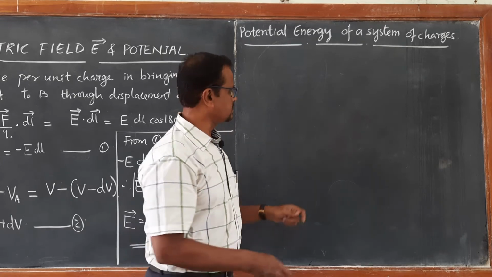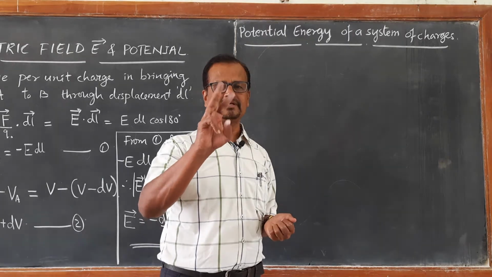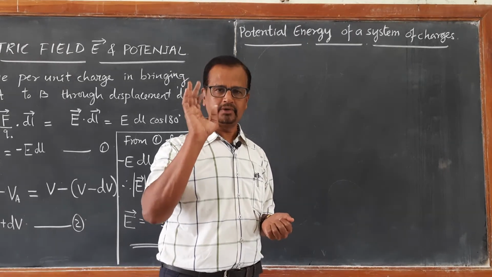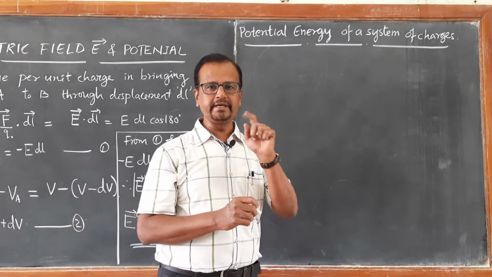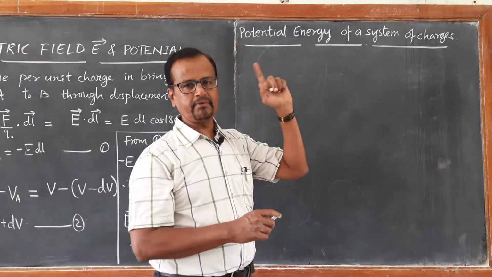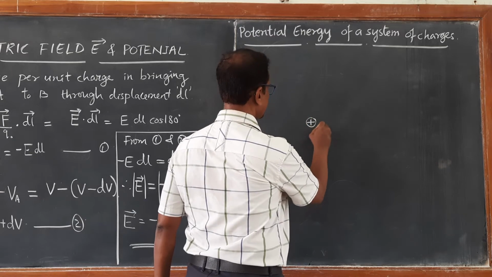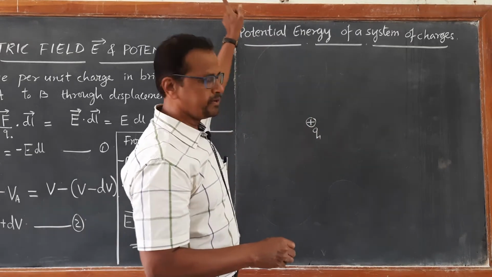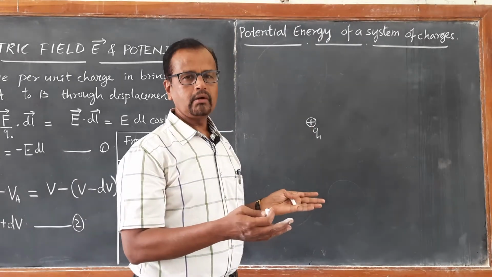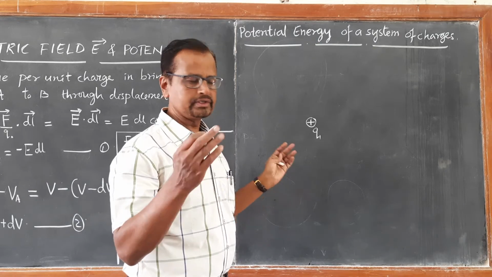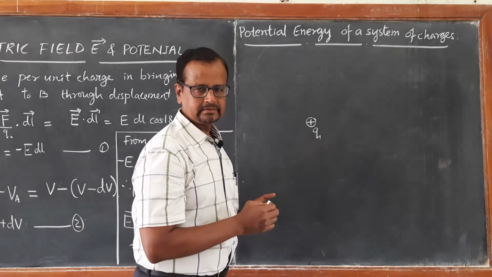Okay. So let us say that we are bringing 3 charges Q1, Q2, Q3. All the 3 charges are positive point charges. So first I am bringing Q1 point charge from infinity to this particular point. Suppose this is the Q1 point charge which is brought from infinity to some distance, say R1 position vector from the origin. Let us say that origin is here and its position vector from here to here is R1, right.